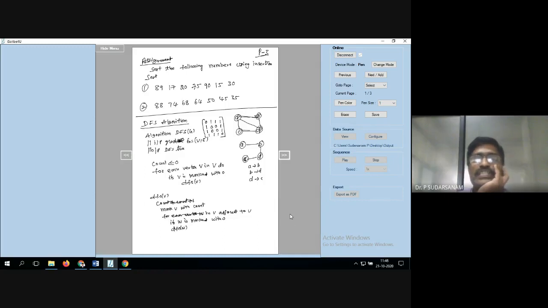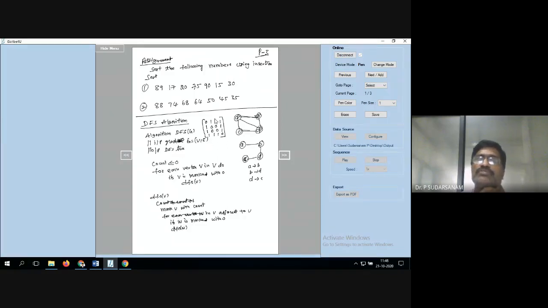DFS of W. Yesterday also I told you the program, and once again I will tell you. See here, this is nothing but the main program, and initially count is equal to 0. So for each vertex W do, if V is marked with 0, initially I don't have any nodes, you call with the starting node A. I hope you have written DFS of 1, the function, you can remember it now. Starting with A, the function goes like this: mark with the count, count is equal to count plus 1, DFS reaches of V is called 1. That is what you have to write, converting the algorithm into the program.